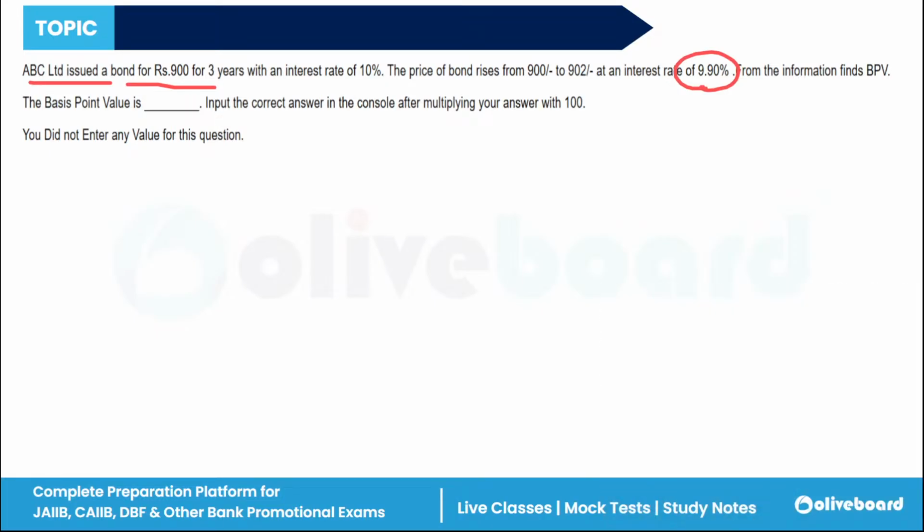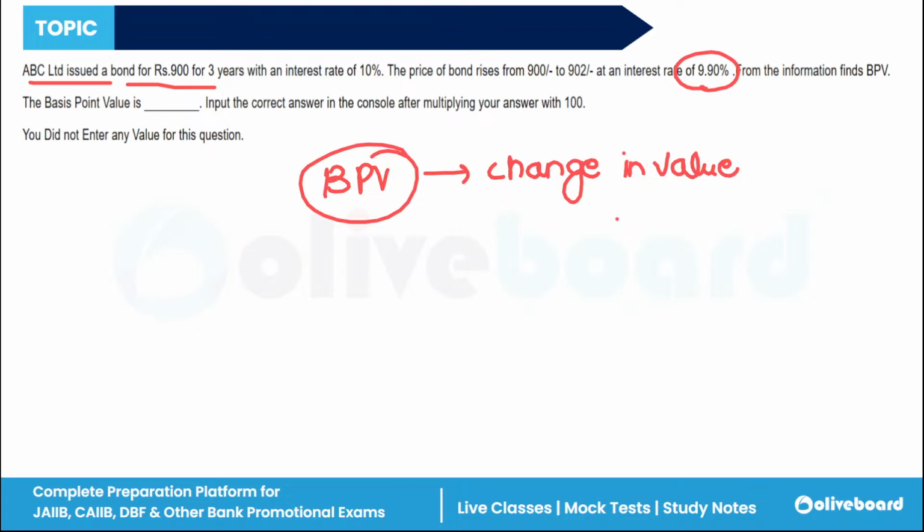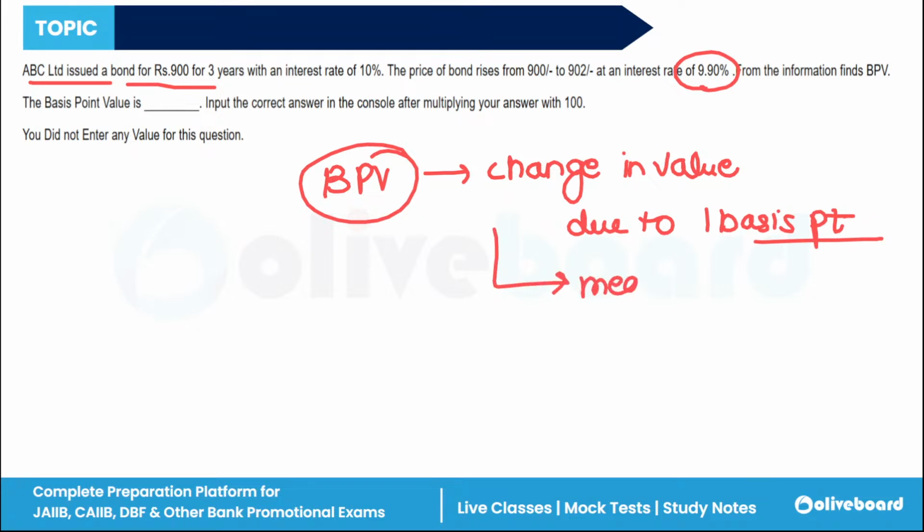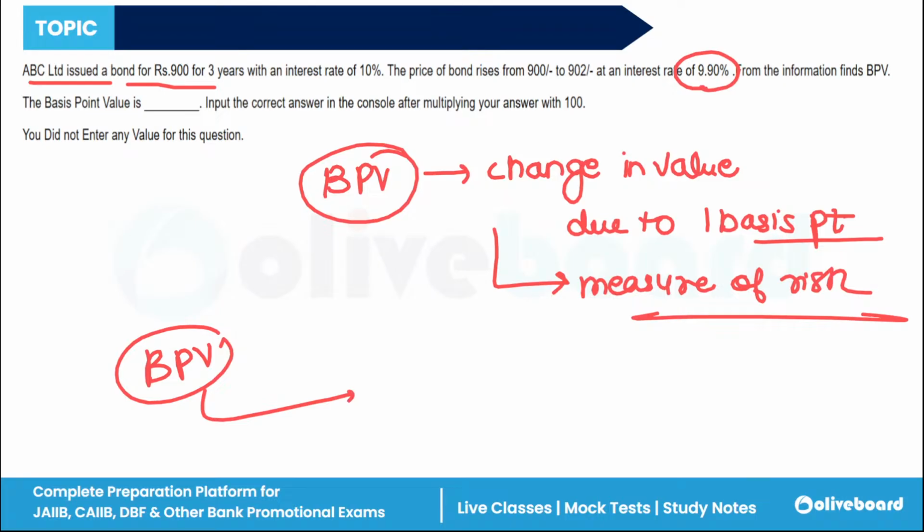See, we know that basis point value is the change in value due to 1 basis point. So this is used as a measure of risk. The higher the BPV of a bond, the higher the risk associated. So we have to compute the basis point value, that is equals to